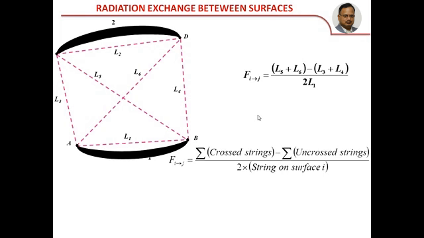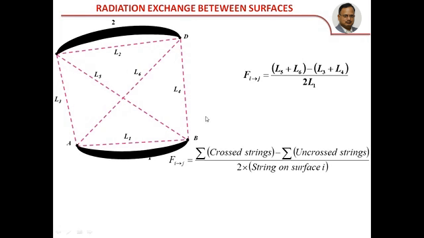So in the cross string method, the shape factor between two bodies can be found by using sigma of crossed strings minus sigma of uncrossed strings divided by two times the string on the surface,